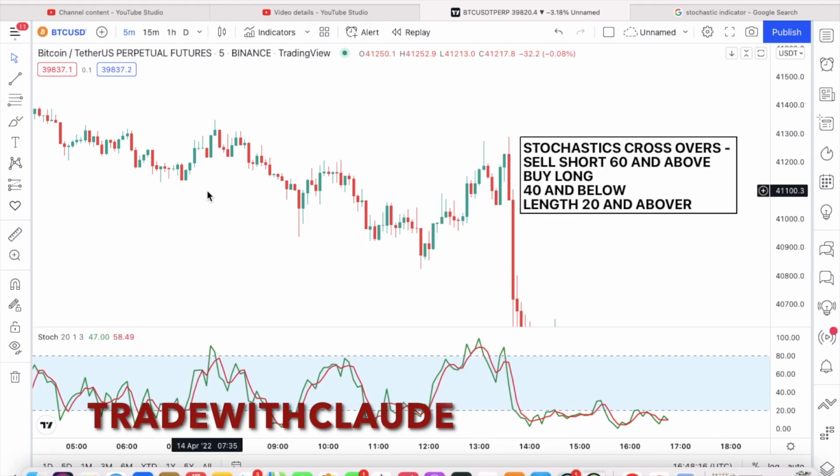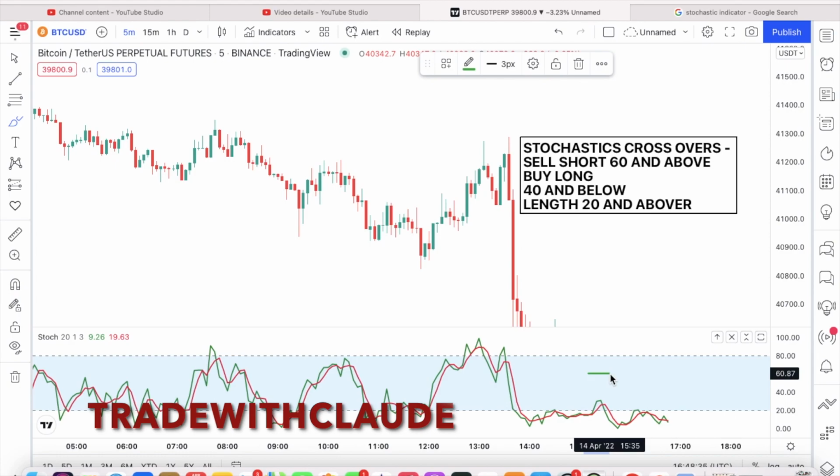What you're seeing right in front of you is a cheat sheet I just dropped for you all now. So now I said the stochastic crossovers sell short 60 and above. So what does it mean? It means that when the candle is giving you a crossover at this level and above, you are safe to sell short the market. When it's giving you a crossover at 40 and below,